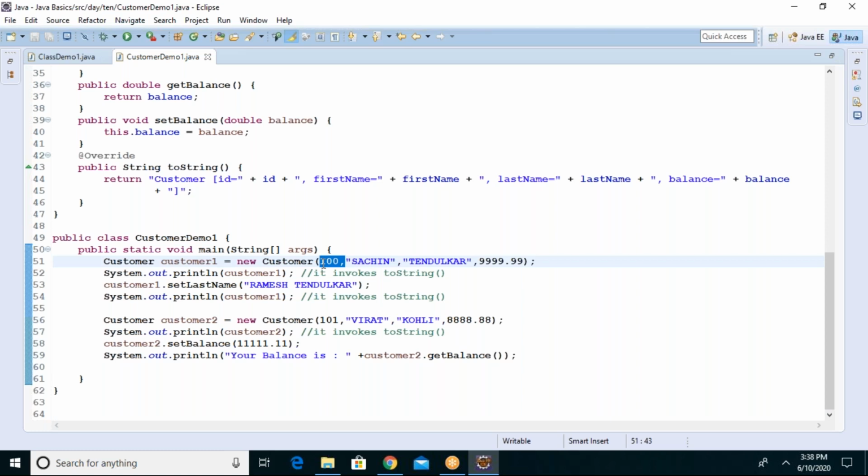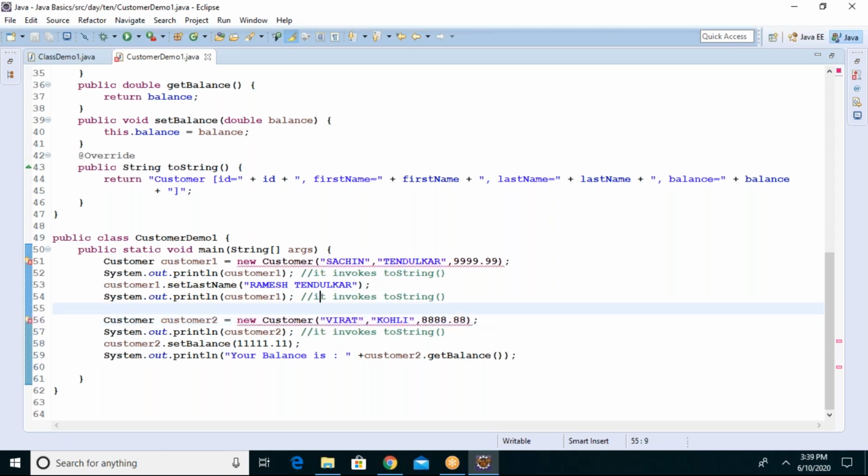Whenever you register something, will you give your ID or will the ID be auto generated by the system? What do you see in real time? Auto generated from the system. Even when you open an account in the bank, you don't have a choice to give your own custom account ID. If you take admission in a college, they will give you a batch number.